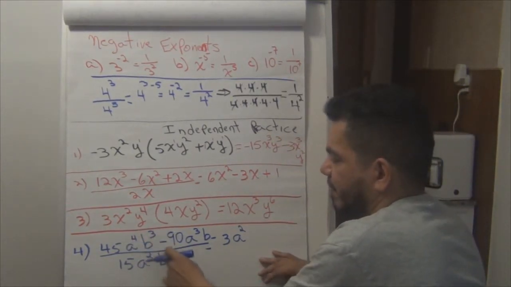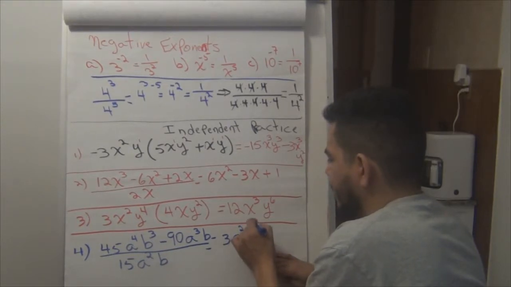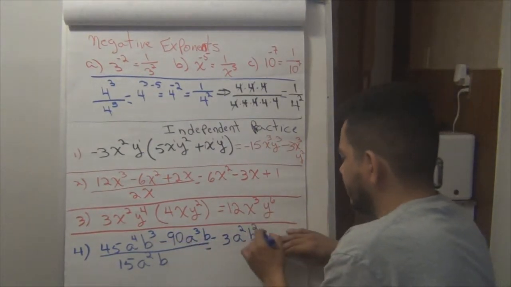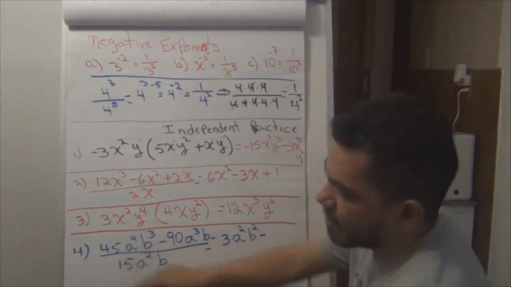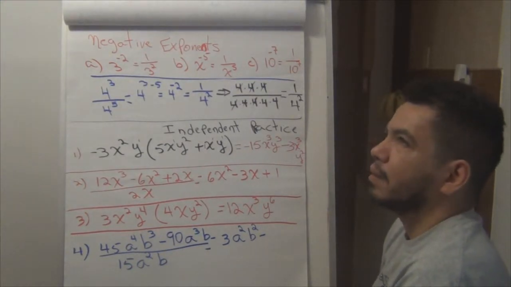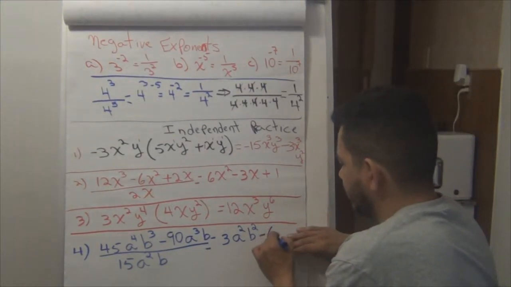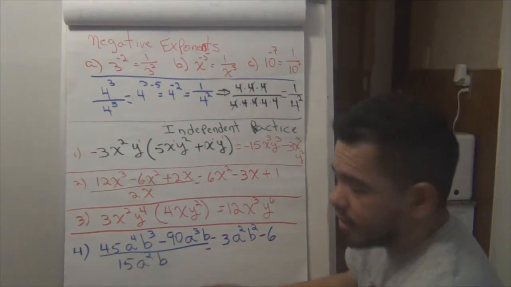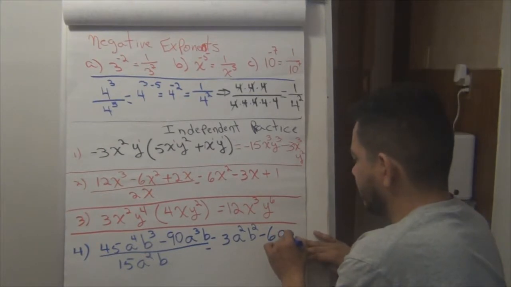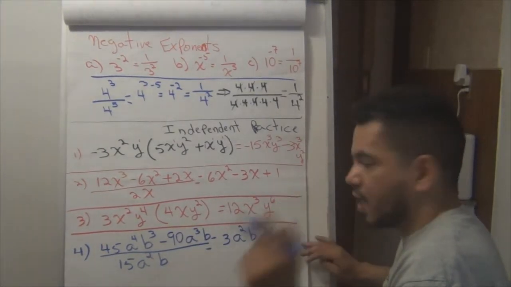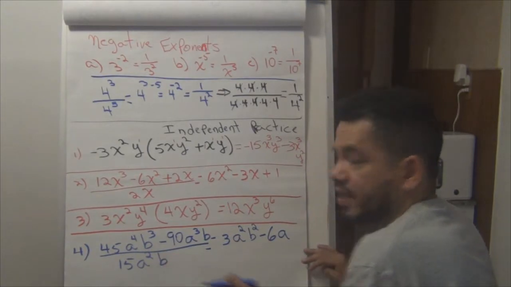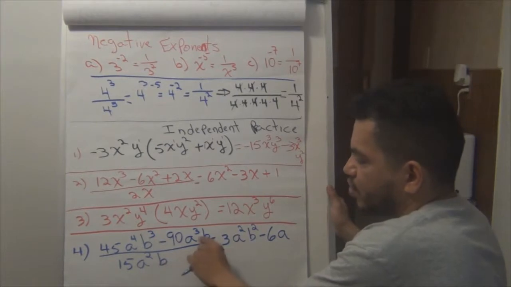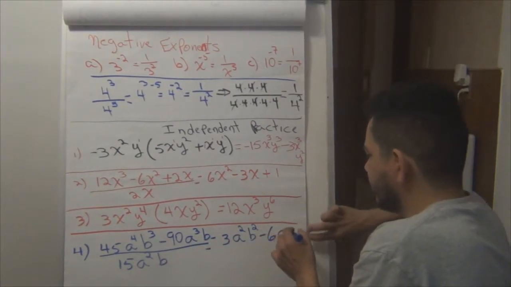Now b to the third divided by b to the first is b squared. Okay, 3 minus 1 is 2. Minus 90 divided by 15 is what? 6. A to the third divided by a squared is a to the first, because 3 minus 2 is 1. And then b divided by b is 1. And remember, this is one number. So b divided by b, there is no addition or subtraction. So there is